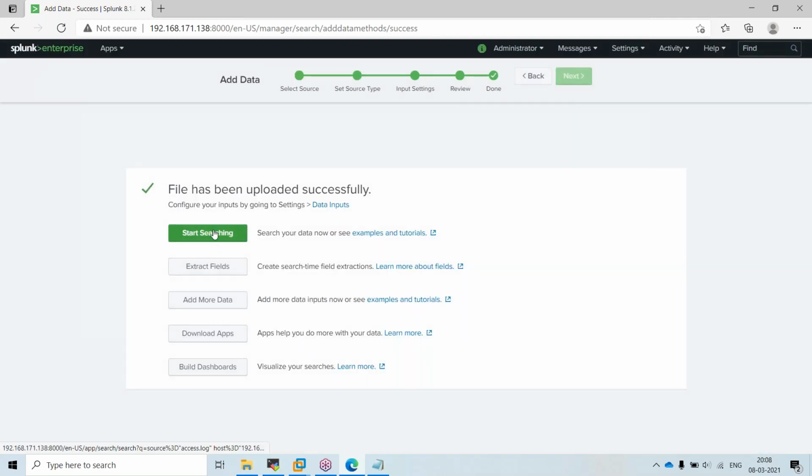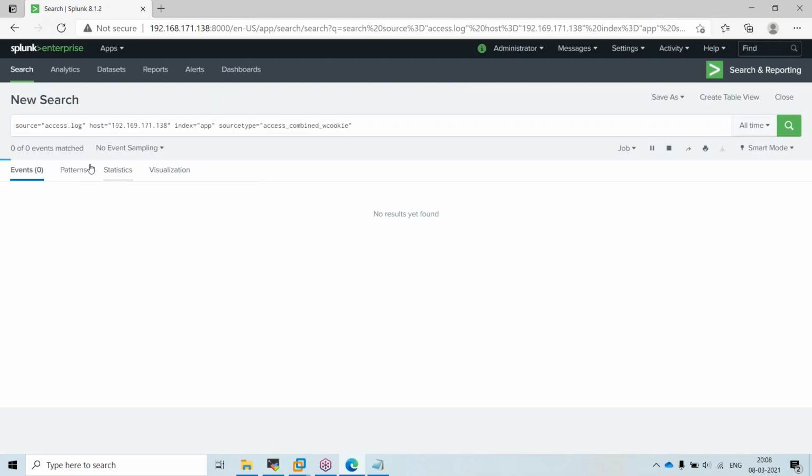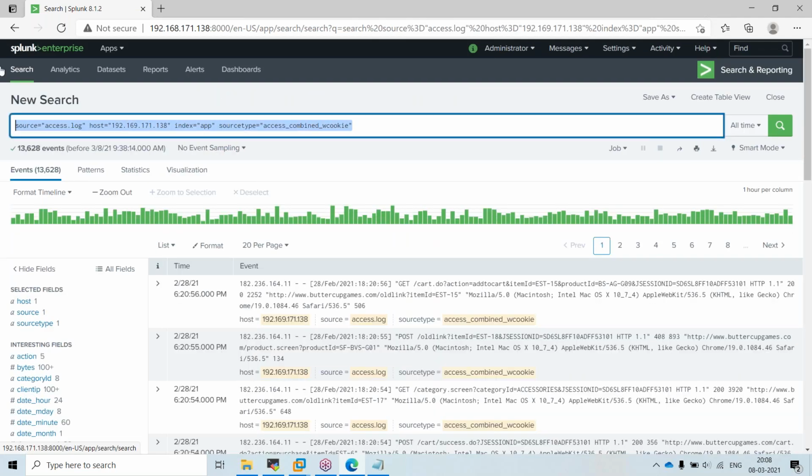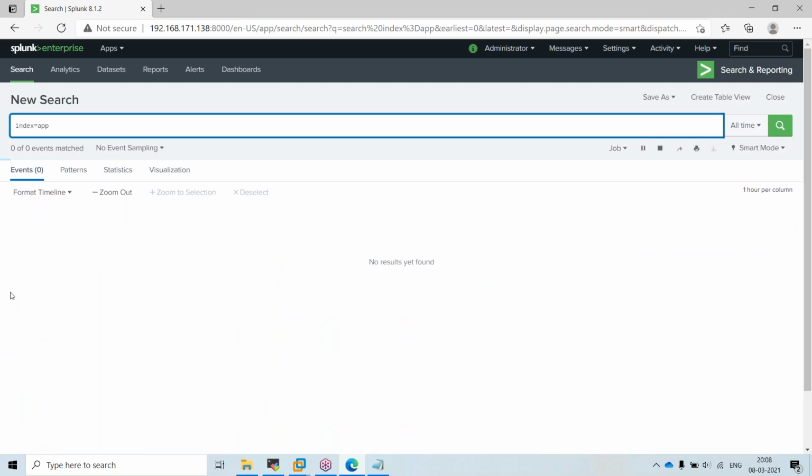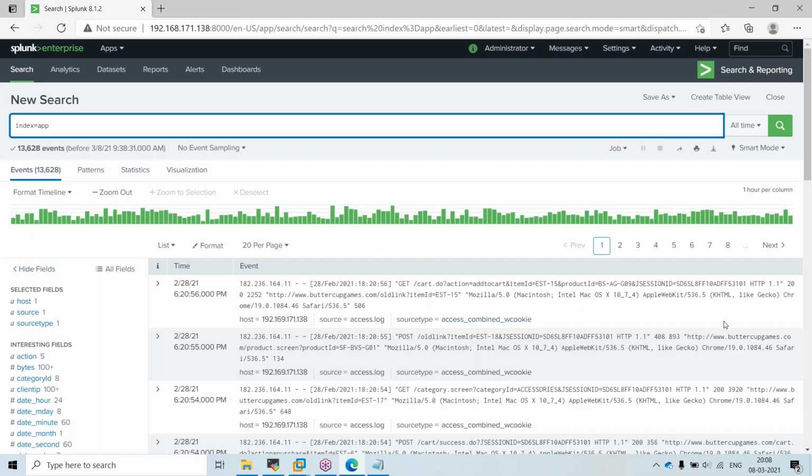As everyone knows, till here everyone knows. If you want to fetch the data, you can call it with the index. If I give index equal to app, you will get all the data till now.